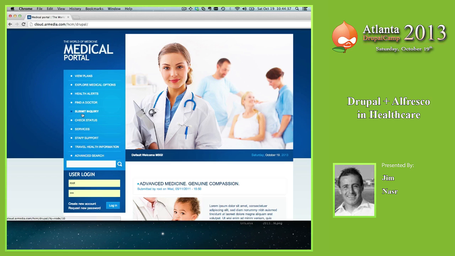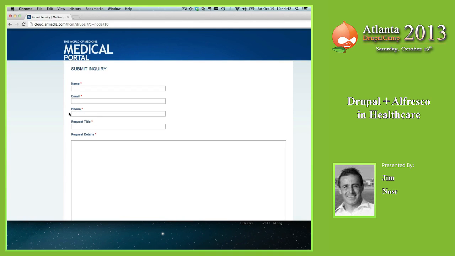Right, so what he's going to do is submit an inquiry. By clicking on this button, we take you to a Drupal form, and you guys can probably create a whole lot nicer form than I can, but essentially it's a form. And within this form, he's going to submit a request to an agent who's going to receive an email, right? Letting him know, hey, someone just submitted a request, start processing it using your case management system, or your CRM system, or your EMR system, or whatever backend system that you have, all right?